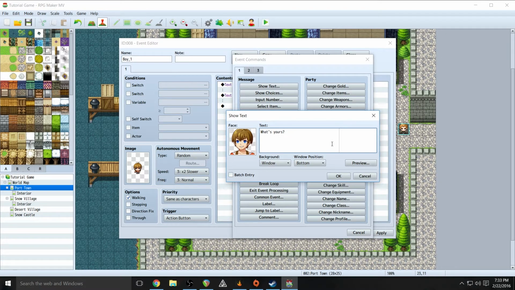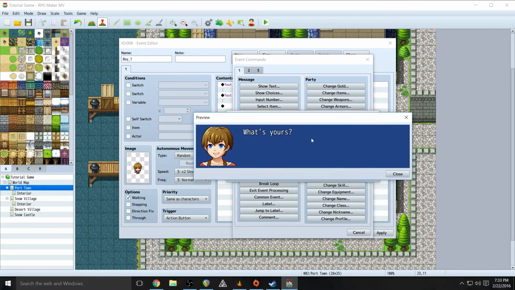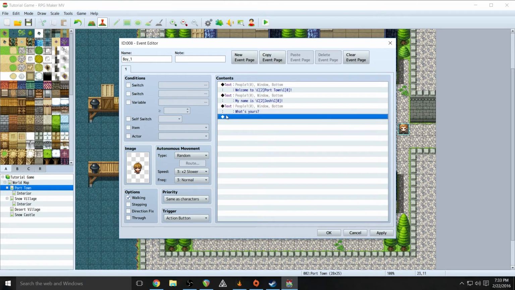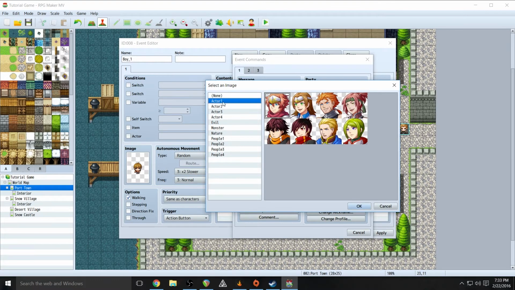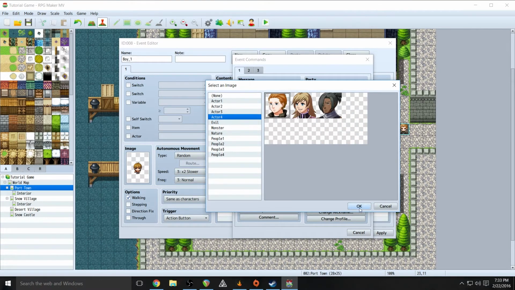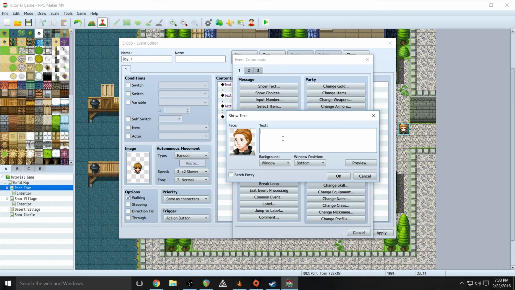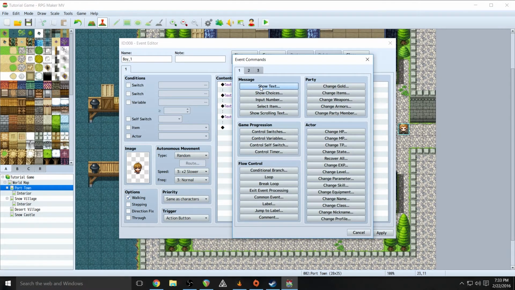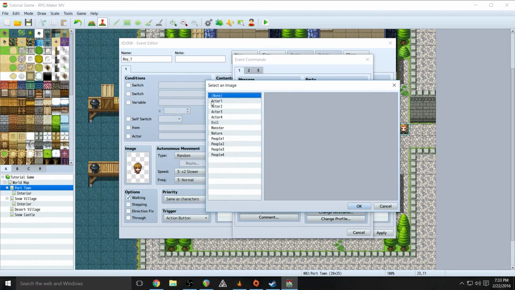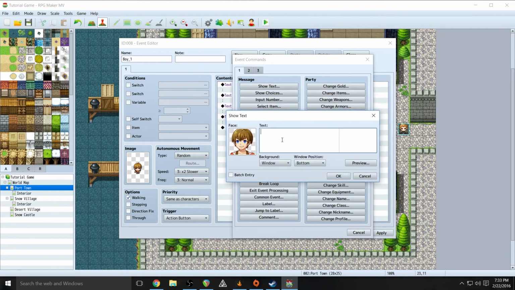Cool. So what's yours? We'll show the actor's face, and we'll do ellipses because silent protagonists are cool. And then new, show text. Find the face box again, and be like, oh,